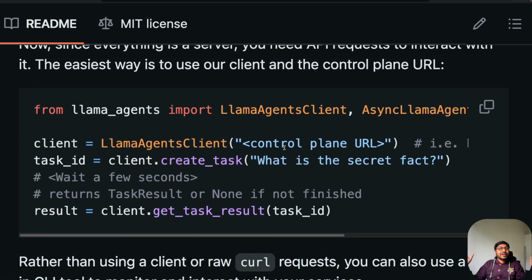plane. I'm just saying control panel. Many years ago I used to use Windows, so I've got so used to saying control panel, so my brain is automatically saying control panel whenever I say control plane.